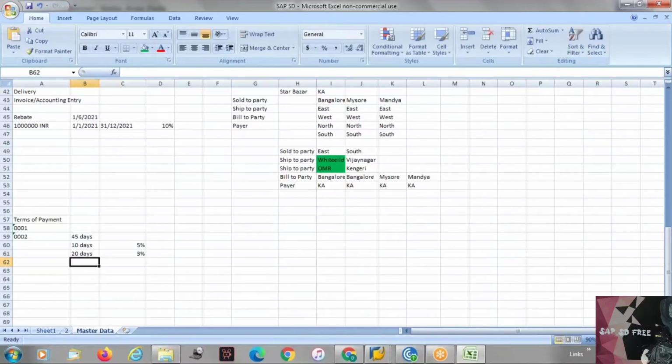Then if he clears within 30 days, you give him some 2% discount. And if he clears above 30 days, then there's no discount. And if he does not pay in 45 days, then there may be some other charges that get applied, because there'll be some amount applied to him as a penalty and all. So like this, you can